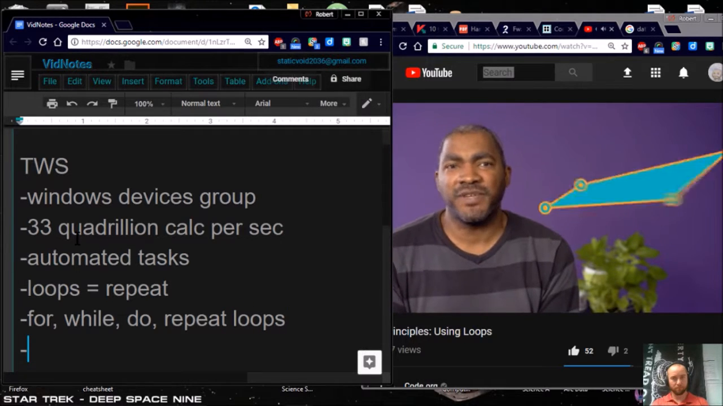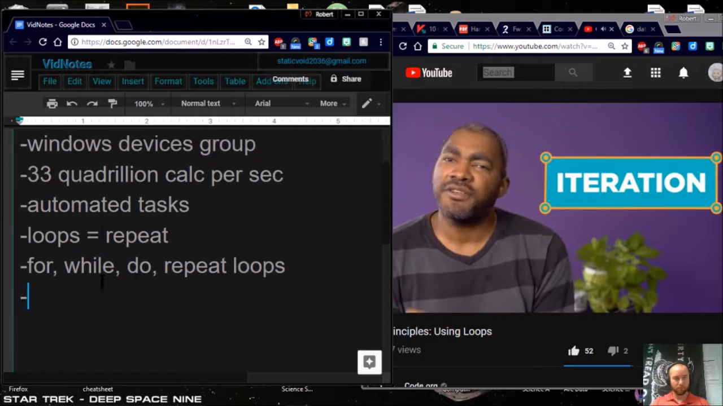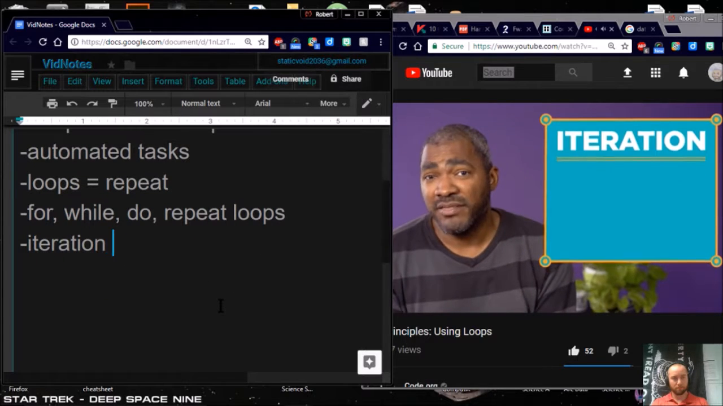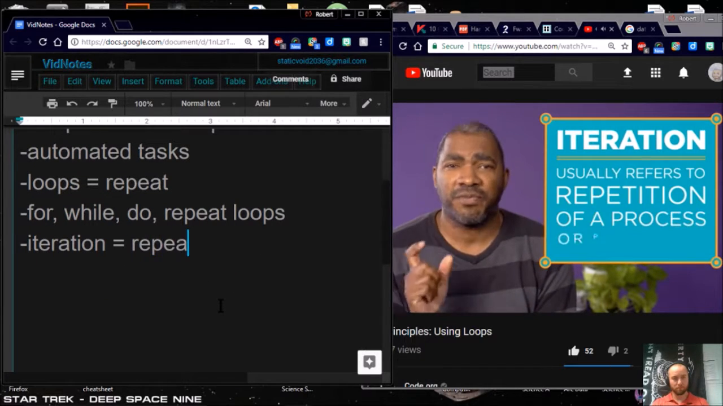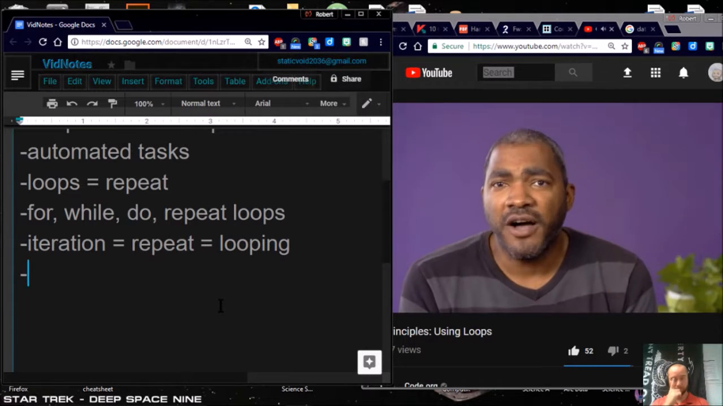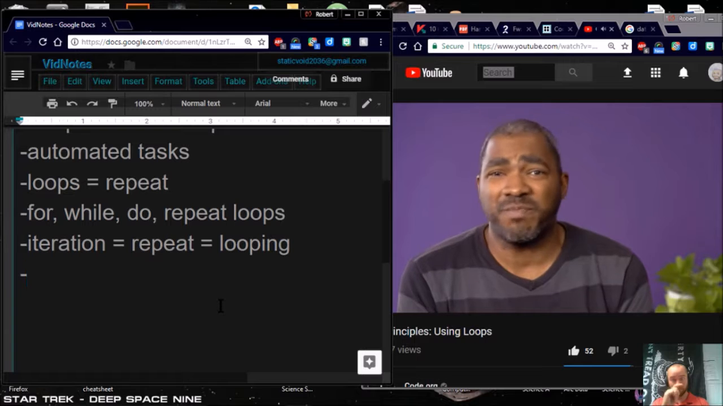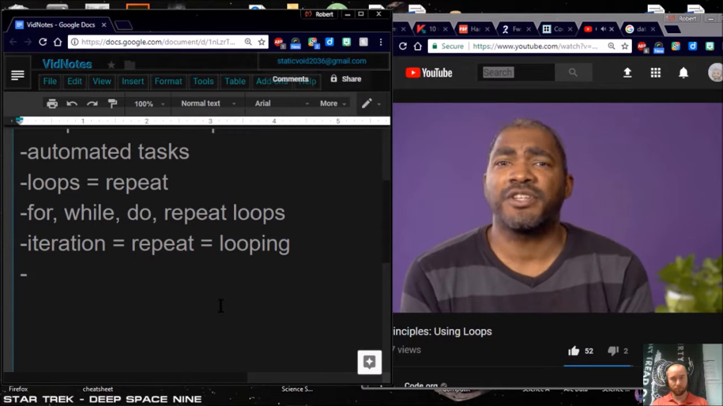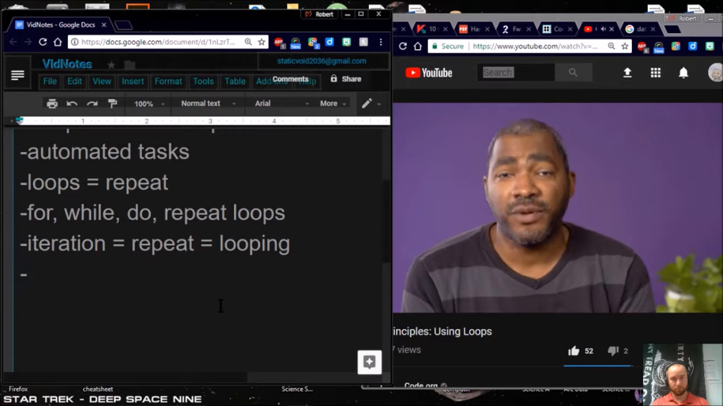The generic term for looping is iteration. Iteration is just a fancy word that means repeat. It usually is in reference to the repetition of a process or a procedure. This is why iteration is a good generic term. Often in programming, we have an algorithm that just needs to repeat a specific number of times, or repeated while some condition holds true. We're going to show you how to use a looping structure called a for loop in